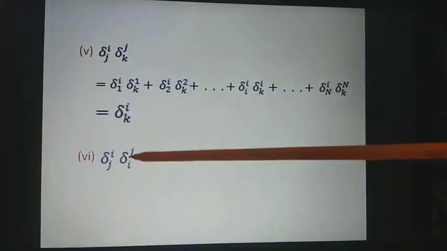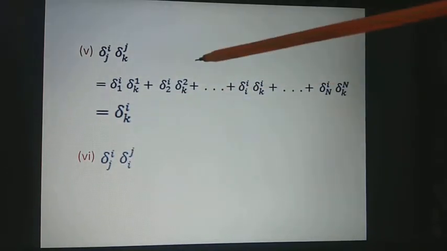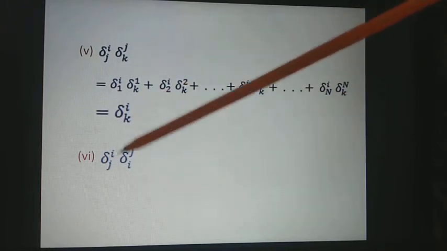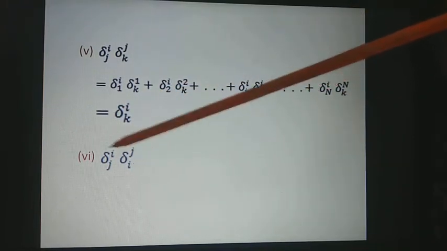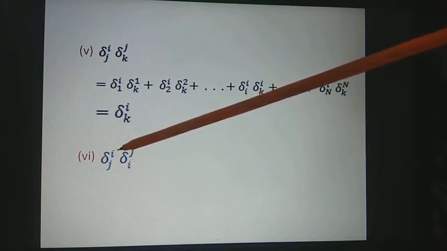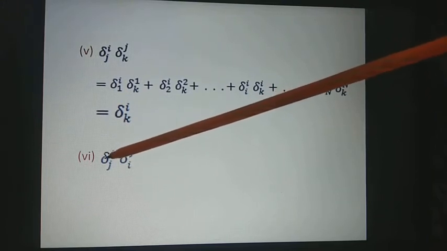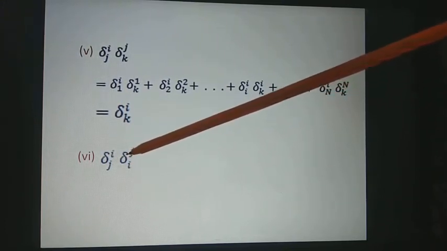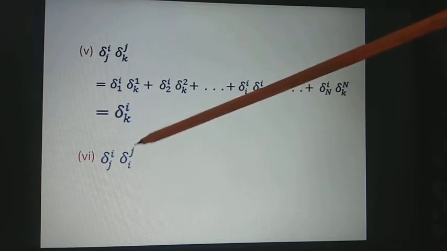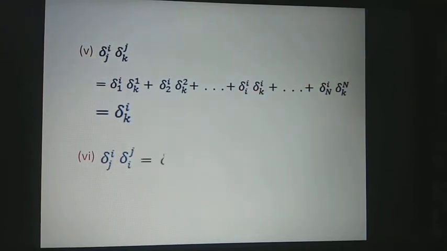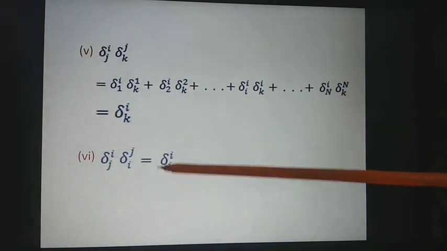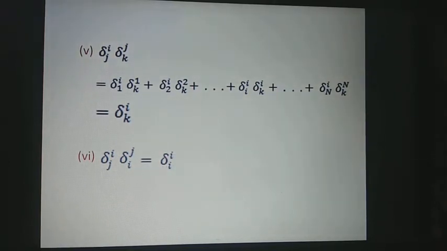So similarly, this is delta II. Or one can take the sum over I also, because I is also repeated. So in that case, for I equals to J, this will become delta Jj. So either you write this as delta II or delta Jj. And we know this delta II is equal to n if the values of I are 1 to n. Then come to the next result.